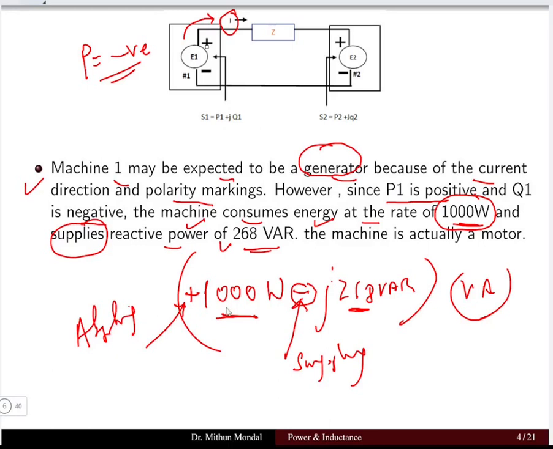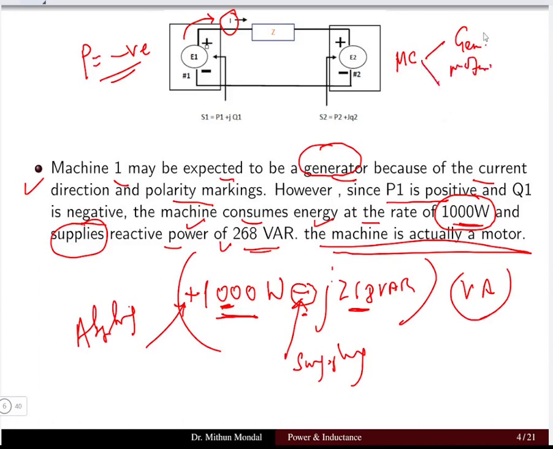So the real part it is absorbing, whereas the reactive part it is supplying. So the machine is actually a motor. Now, since I have said that the machine can be a generator or the machine can be a motor,